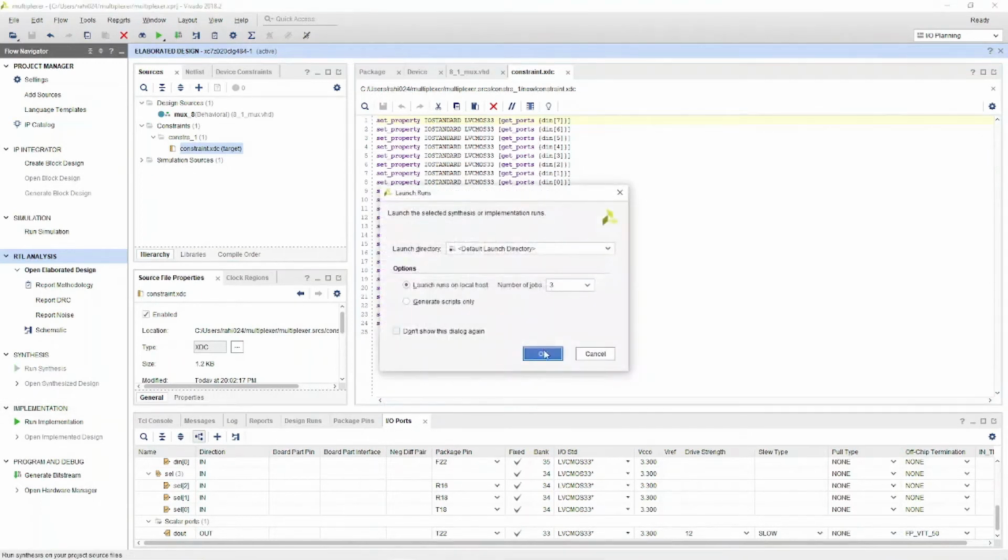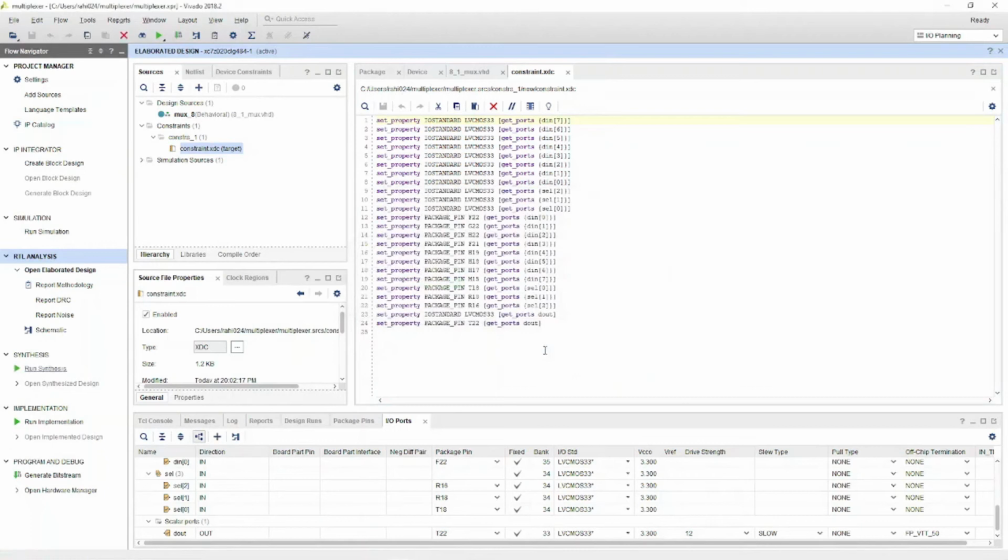Now you can run the synthesis. Third step is to run the synthesis. So let the synthesis run. Once we do the synthesis and implementation, then you can generate a bit stream. But before that, you can also check the functionality by doing a behavioral simulation. At the present moment, as you can see on the top right corner, synthesis is going on. Once synthesis is complete, then it follows the implementation. But before implementation, you should also check the simulation whether your circuit is working correctly or not. For that, you have to write the test benches.